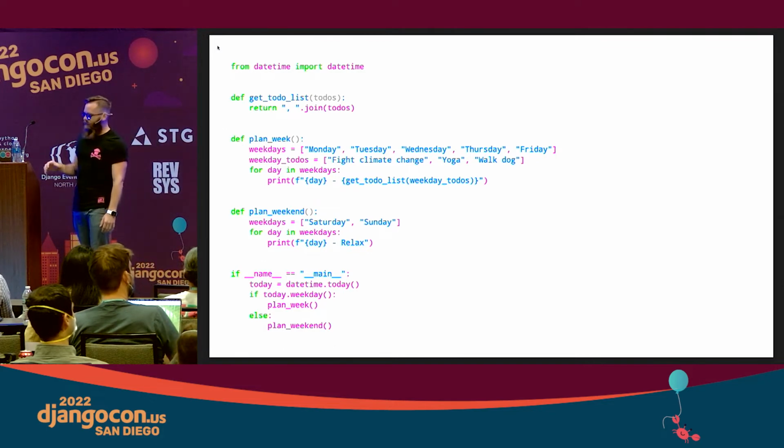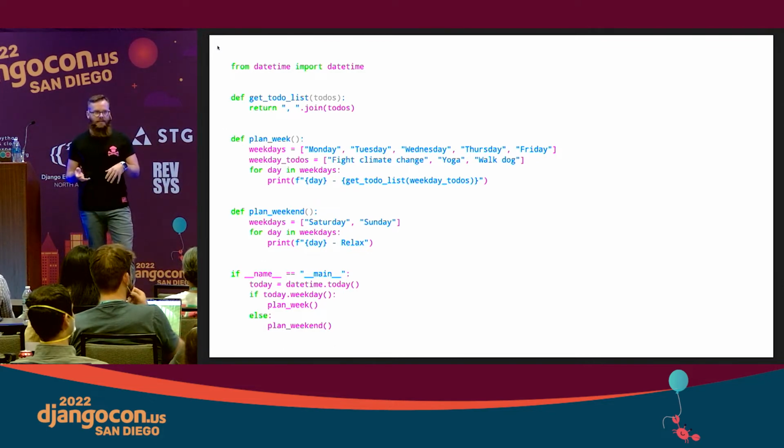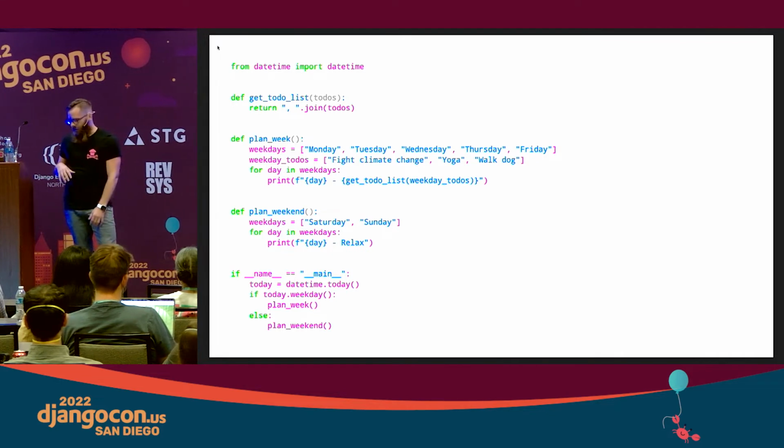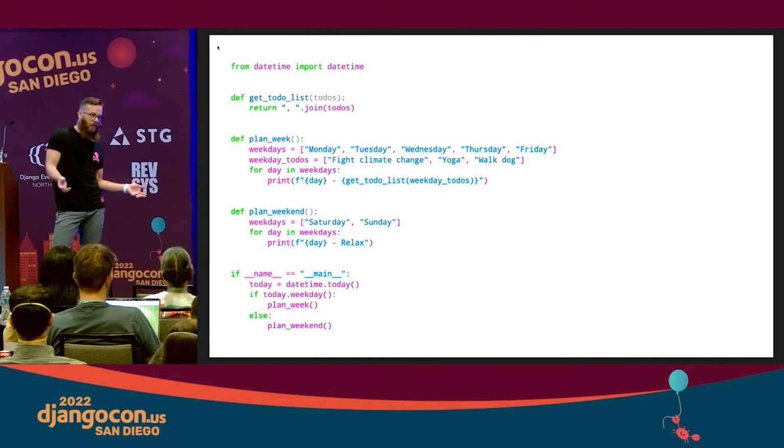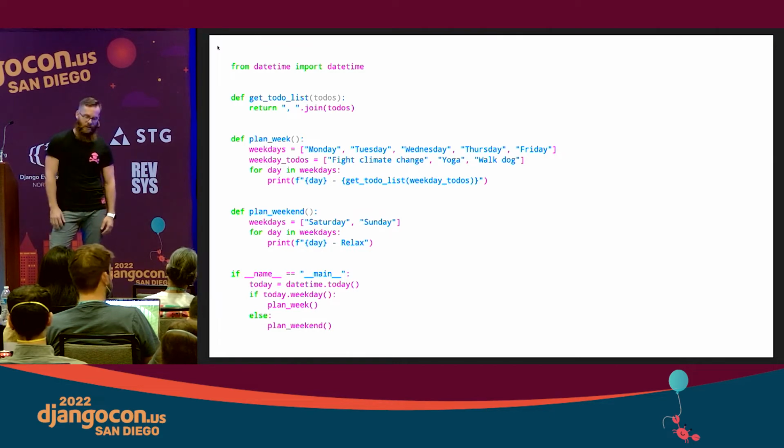One thing I always tell people about Black is that normally, before Black existed or some of these other code formatters, you'd start a new project and the 15 engineers would all get into a room, and for a day you'd just complain and fight about whitespace and stylistic changes.